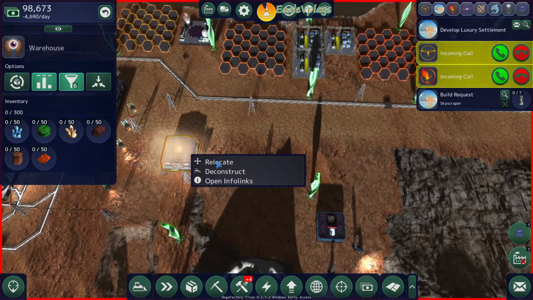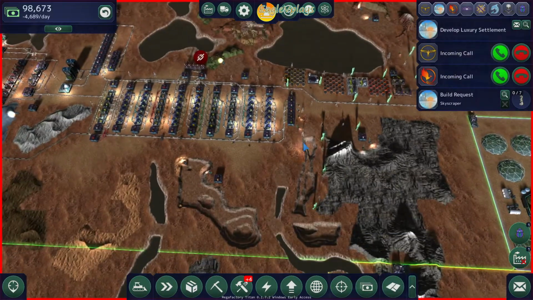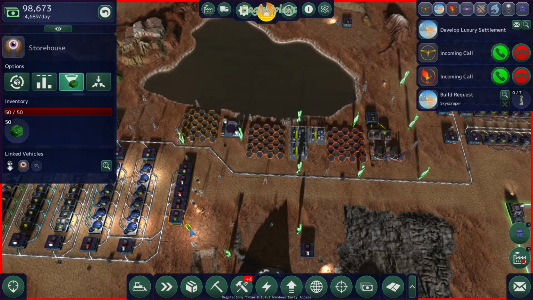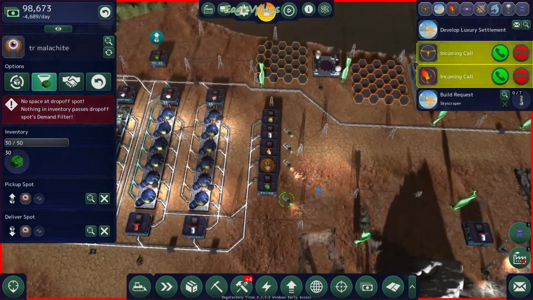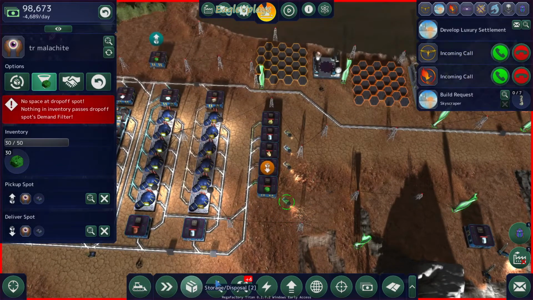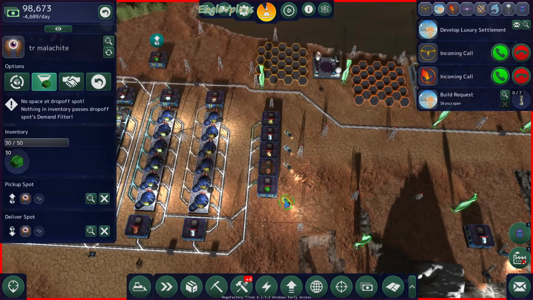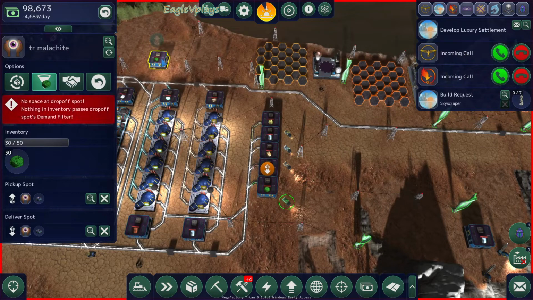Not relocate, deconstruct. There is some kind of set and forget. What I did until now was I put down a storehouse, then I put down a cargo transport, and then I set it to malachite and selected a drop-off point and a pickup point. I don't have to do that